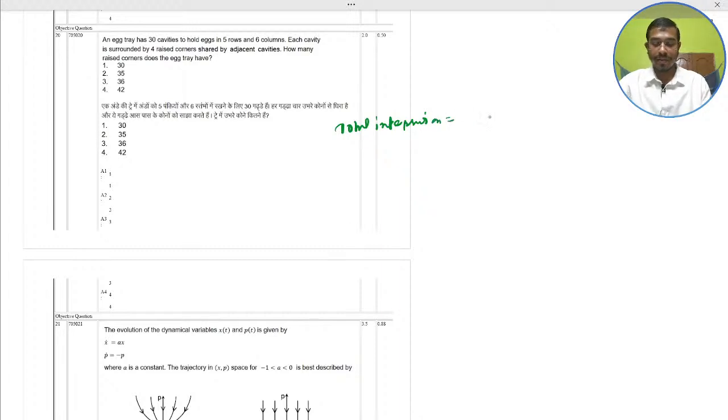Sorry, vertical means this one, and this is horizontal. That gives 42. So the total number of intersections equals the total number of shared corners in the grid. 42 would be the correct answer. So the correct option would be option 4, 42. Next,